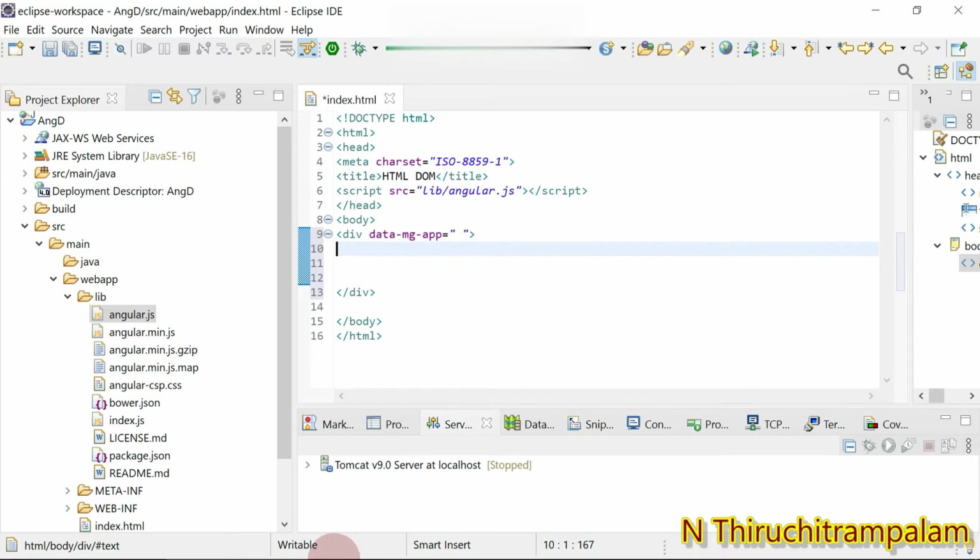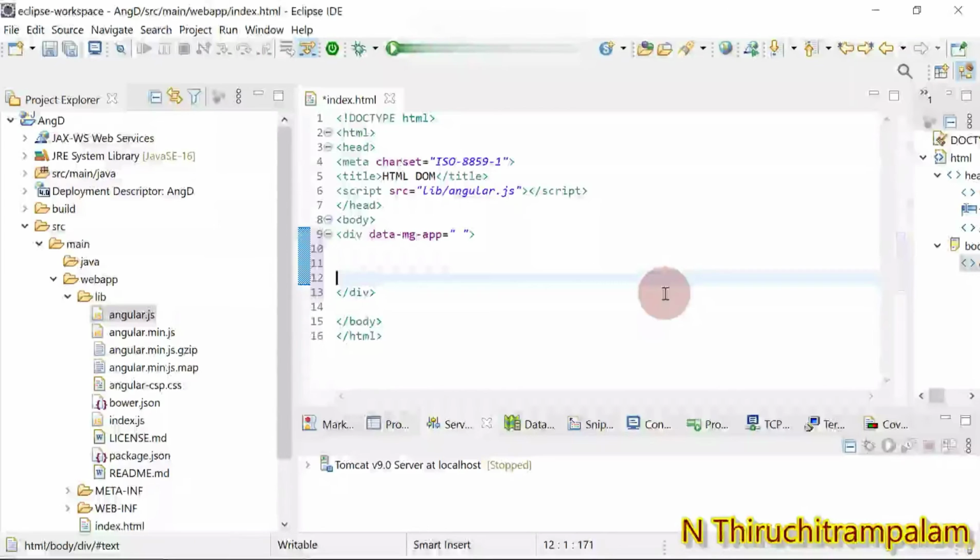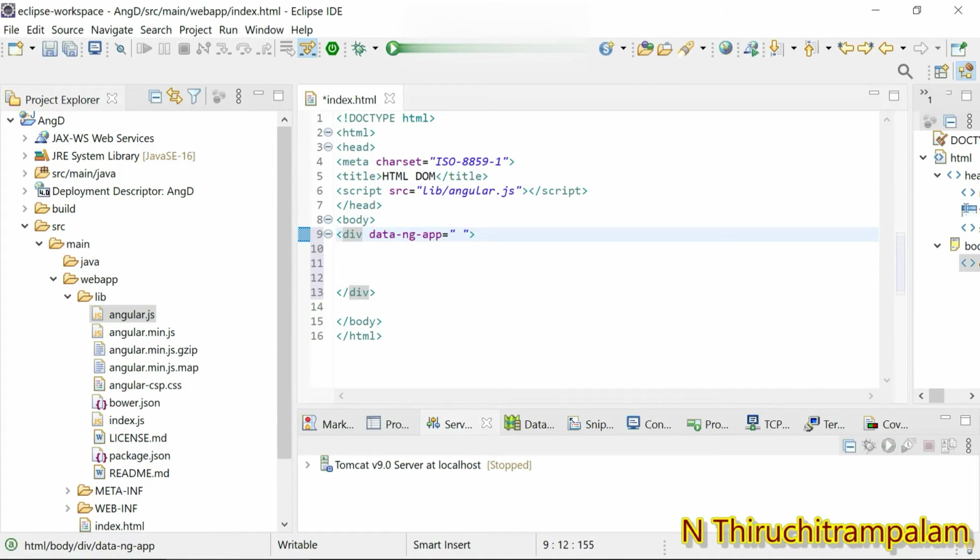AngularJS contains a few directives like ng-disabled, ng-hide, ng-show, and ng-click. These are the directives that can be used to bind application data to the attributes of an HTML DOM element.